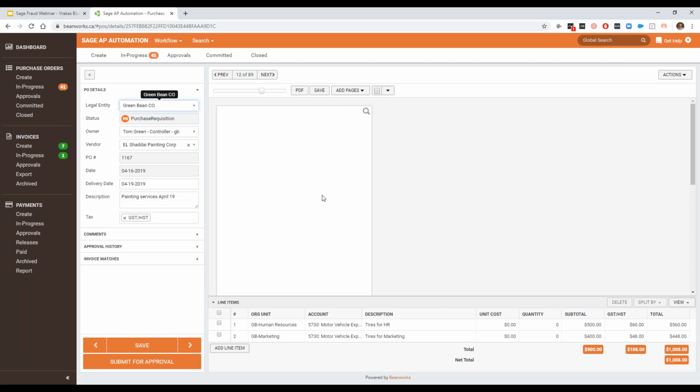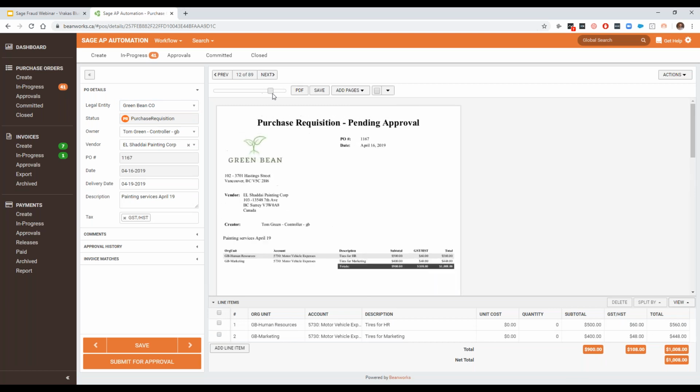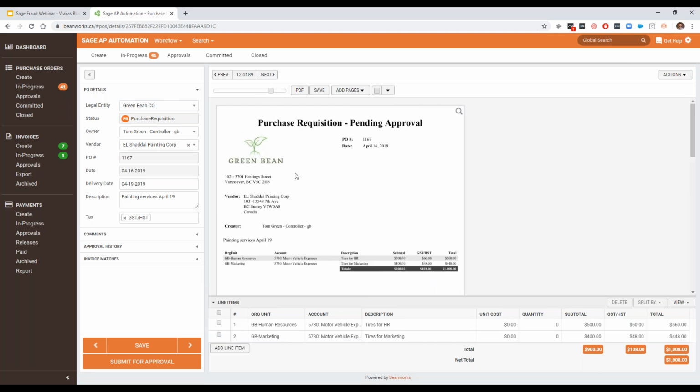So if we open up the PO, we'll be then able to make any changes we like. We'll be able to add multiple line items here if we need to. And we can also have a visualization of that purchase order. So it'll assign a PO number, a date, the vendor address, and a logo, as well as a visualization of the line items. So at this point, if that PO is good to go, we can submit that for approval,